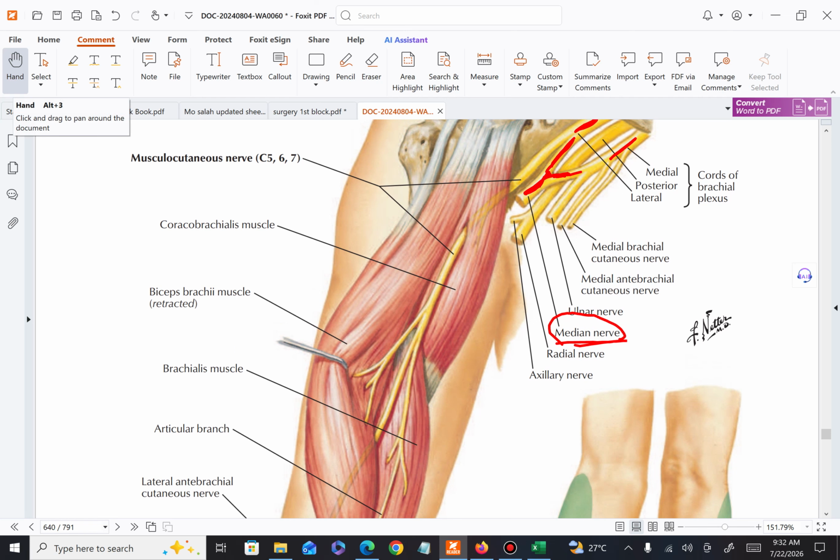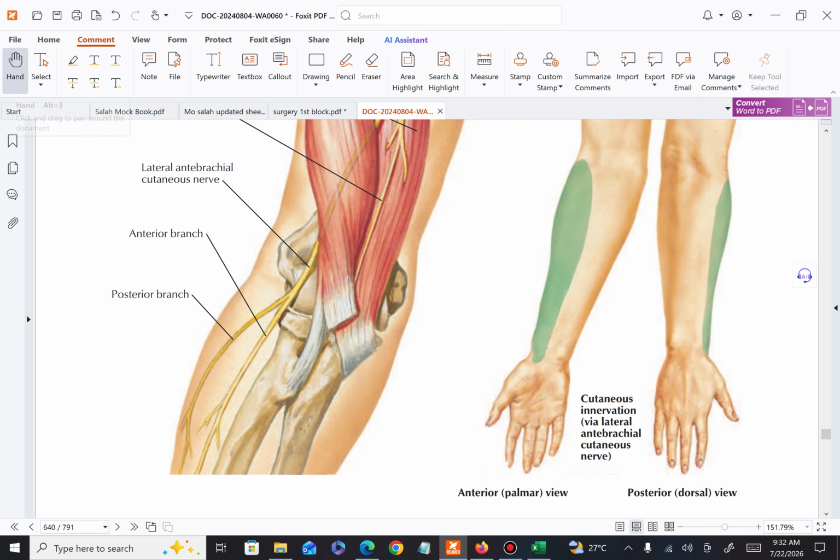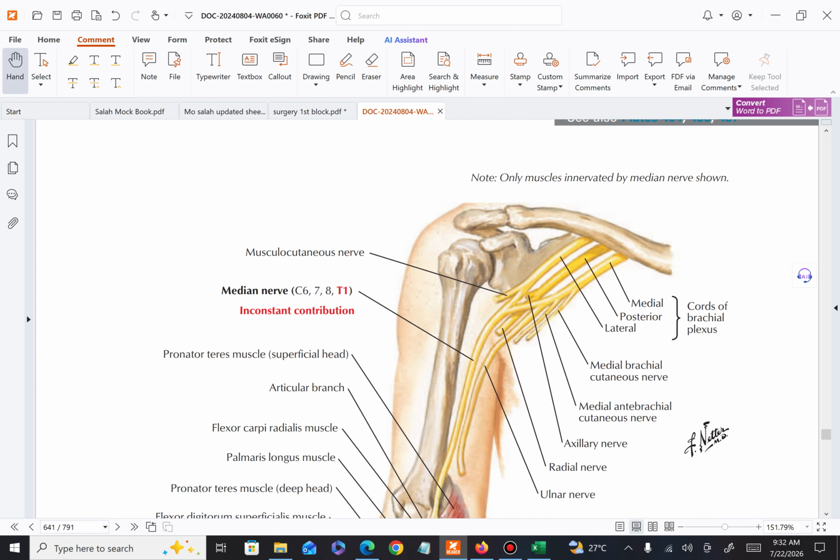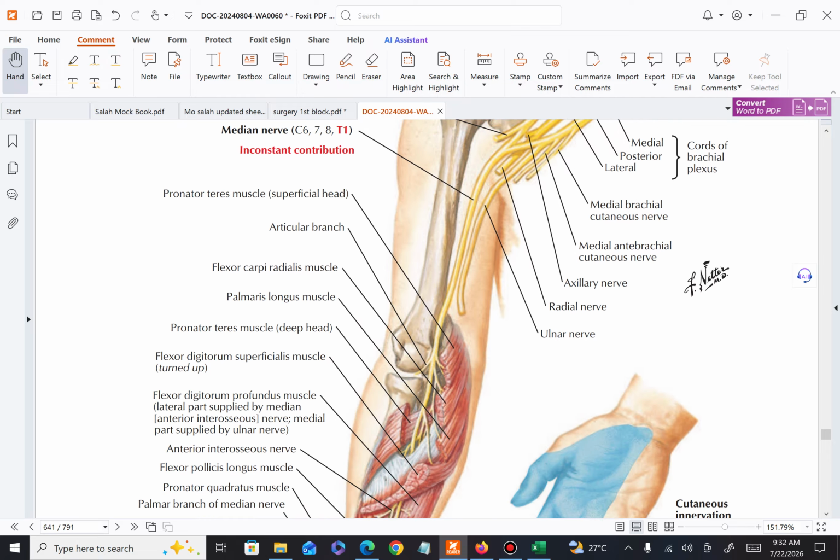Now, about the landmarks of the median nerve. This is the median nerve, and this region is the cubital fossa. In the cubital fossa the median nerve is the most medial structure. The most medial structure in the cubital fossa is the median nerve, and after passing from the cubital